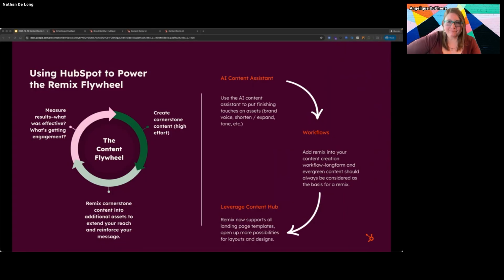Think about adding one step, which says, you know what, then take that blog post, use our blog to social template in Content Remix, and see if we can't come up with some really neat social posts to help promote that, right? So consider adding that step into your content creation workflows, just to say, we got something that we're happy with. Let's run it through Content Remix and build some additional assets off the back of it.